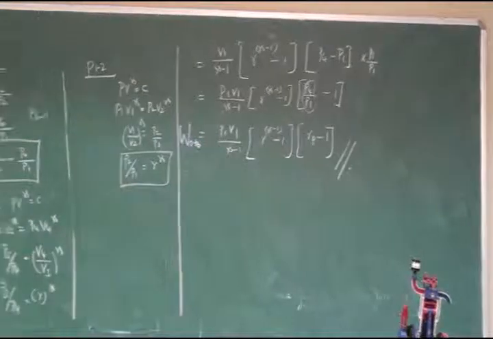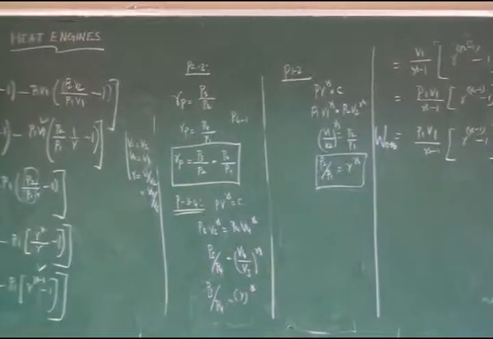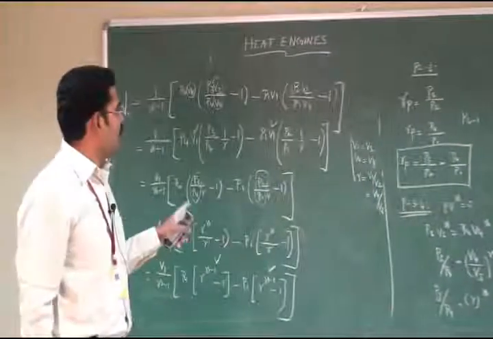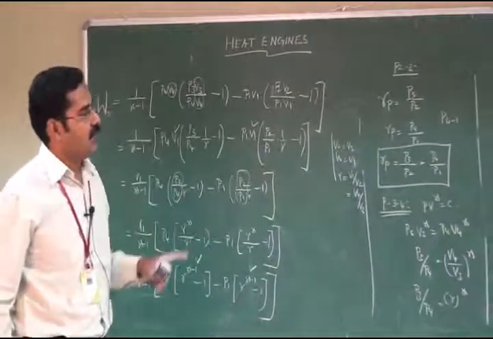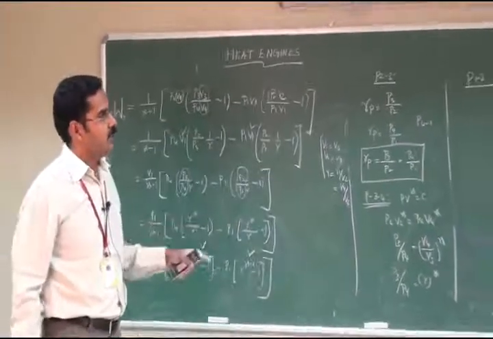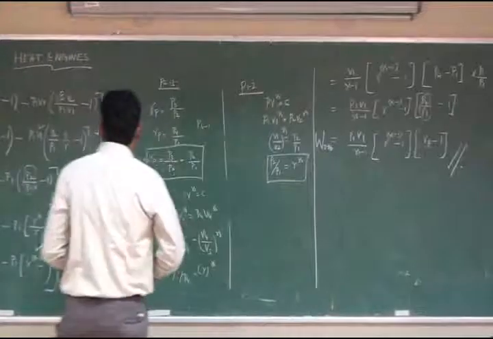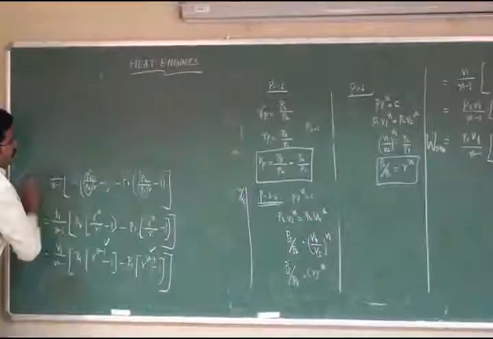Now we already derived the Otto cycle efficiency. Whenever brake thermal efficiency increases, brake specific fuel consumption decreases. Now we have derived the total work done of the Otto cycle by combining process 1 to 2 and process 3 to 4. Then we are going to derive the mean effective pressure. What is mean effective pressure?